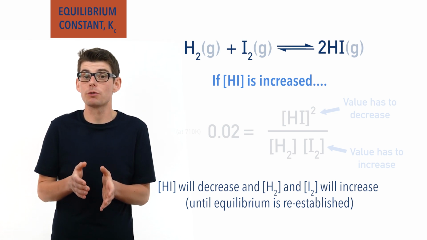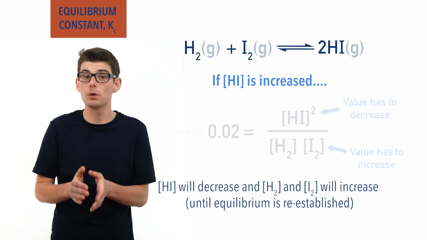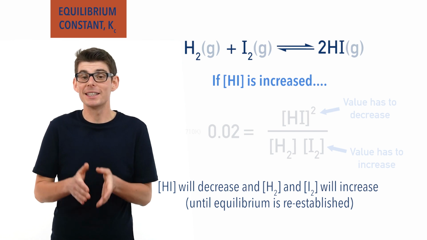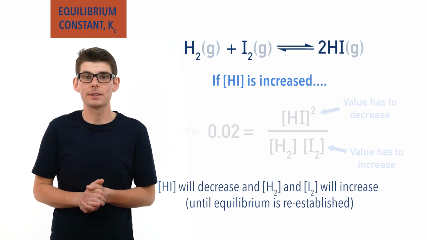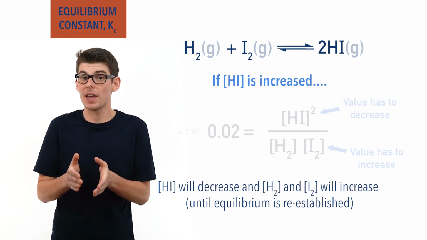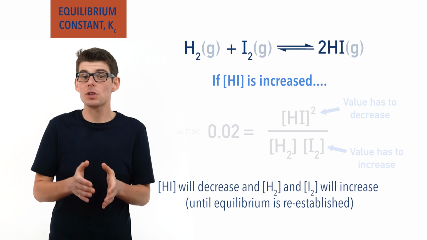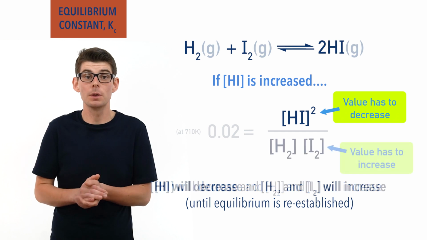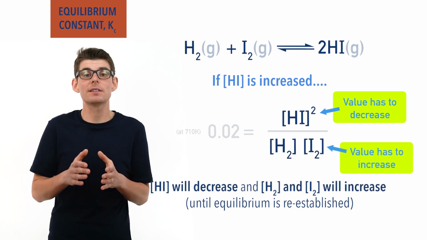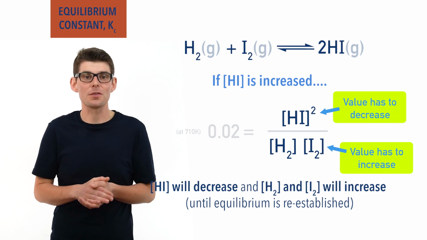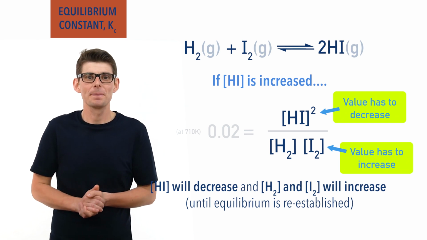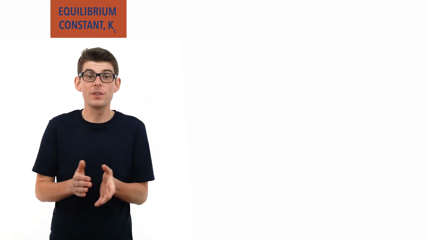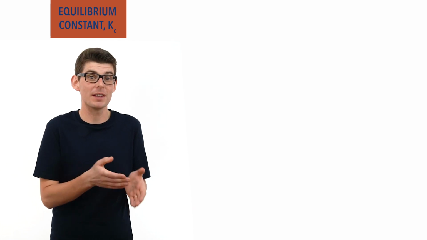When we increase the concentration of a product, the position of equilibrium moves to oppose this change, and this causes a decrease in product concentration and an increase in the concentration of the reactants. Just like when we increased the concentration of HI in our example, the equilibrium shifted to decrease it back down again and increase the concentrations of H2 and I2 until, when divided by each other, the Kc value was the same as before the concentration of HI was changed. I've mentioned a few times here that Kc is for a specific temperature. This is because the value of Kc changes with temperature.